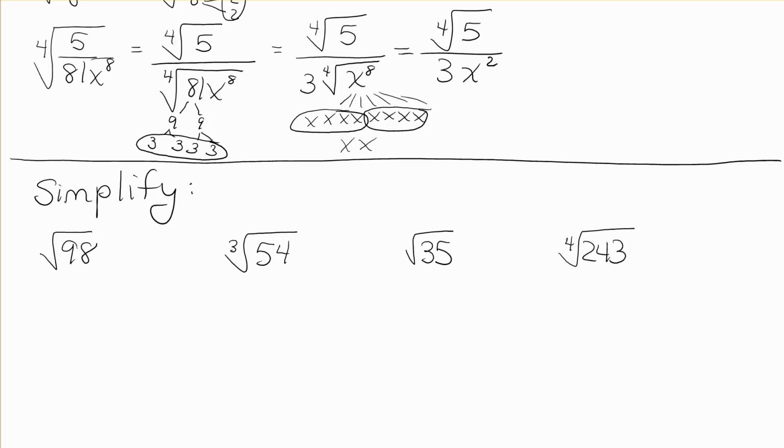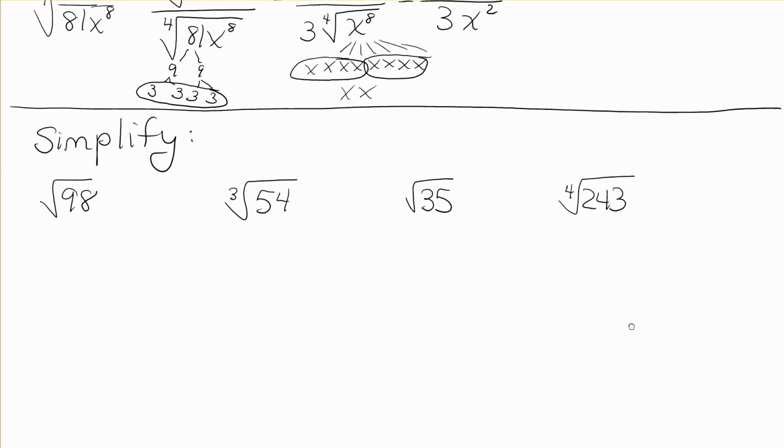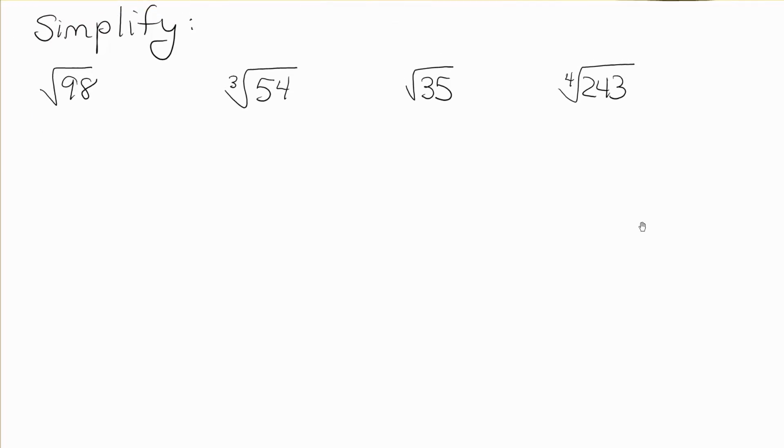Okay, so now we're going to put all those rules together and we're just going to start simplifying. We're going to be simplifying fools. So the very first one, we are going to look for the square root of 98. Well, it just so happens that I know my perfect squares, and I know that 98 is 49 times 2. And I chose 49 because 49 is a perfect square and it is a factor of 98. So I can then use my product rule to separate these two, and I get 7 radical 2 as my